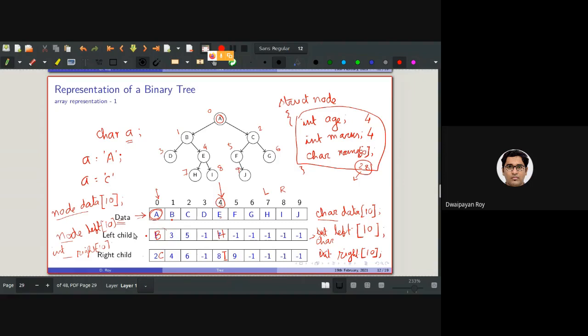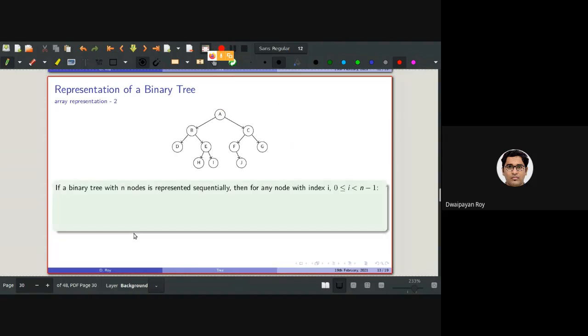Okay. So there is another array representation that we can follow, but let's defer it for the next week, because a class of more than 1 hour can become a little bit boring. But if you are okay, I can complete the discussion on this array representation at least today. Please say whether I go ahead today or let's defer it for the next class, whichever is preferable for you.